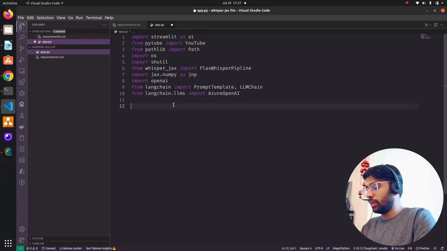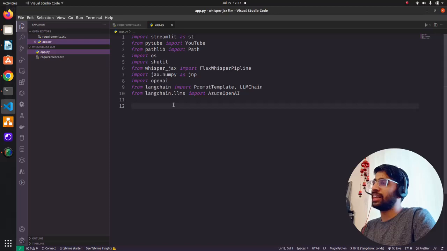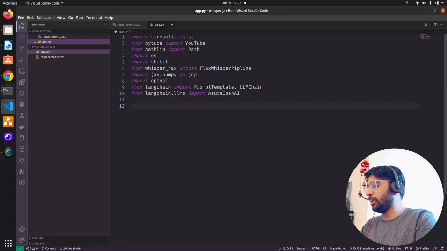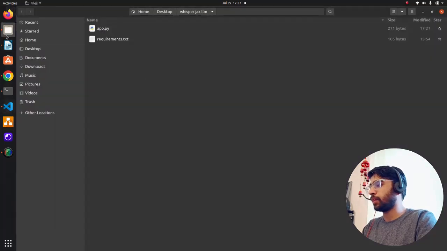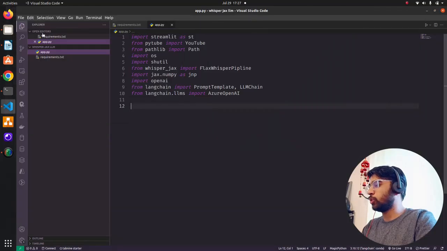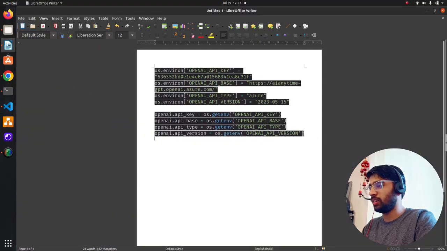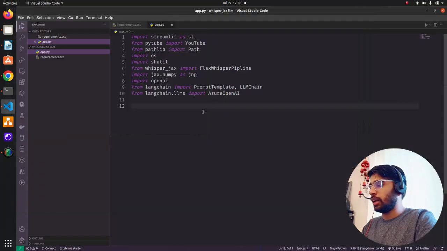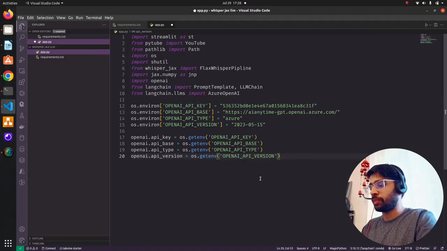Now I'm not going to create a .env file, because I'd have to create a new environment outside this Langchain one and then set the OpenAI key. I'll just copy paste that from here. These are my OpenAI API keys.